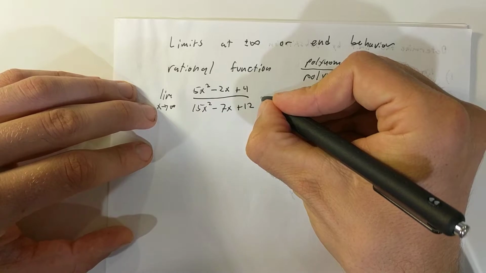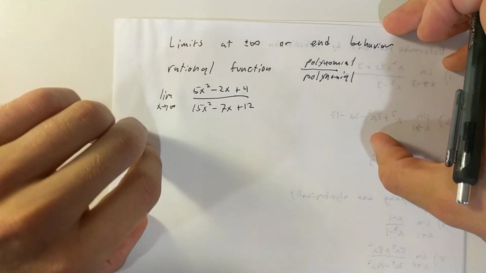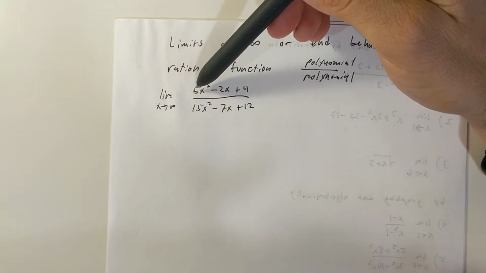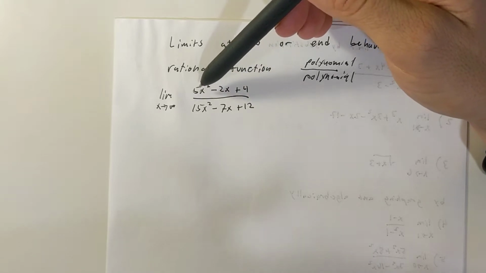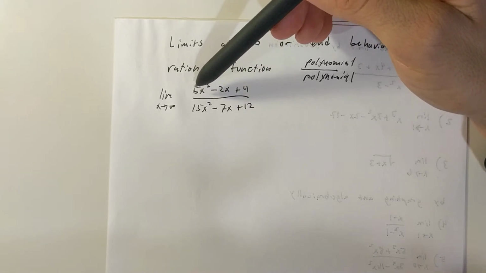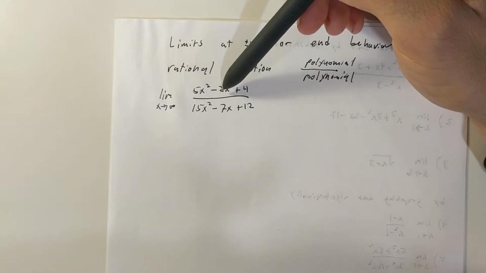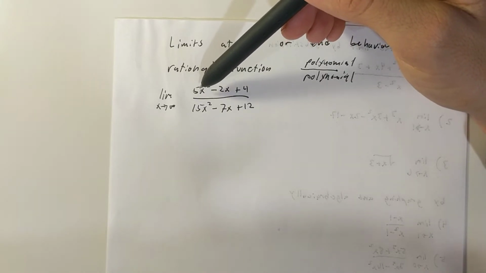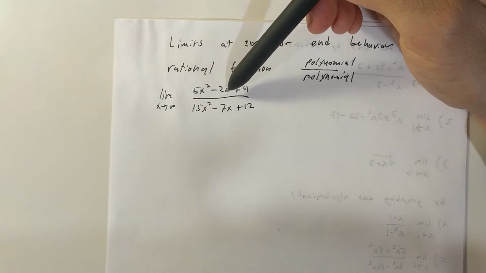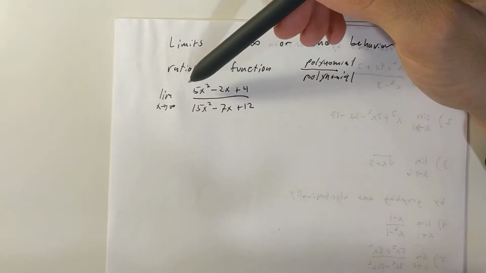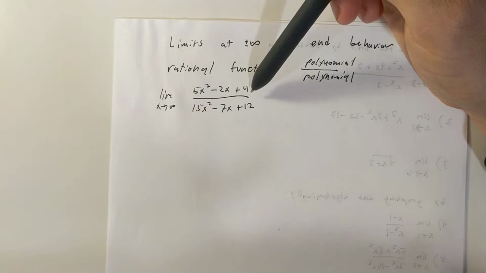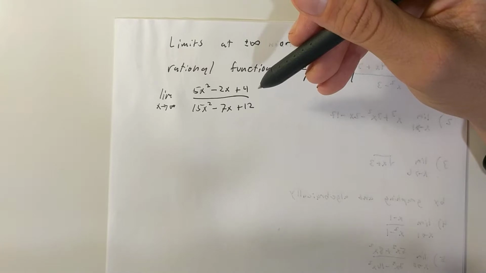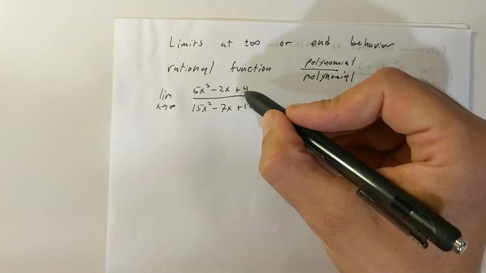And basically what happens is we're going off to infinity. So let's plug in a tiny number. If I plug in 1, notice the top is going to be 5 minus 2 plus 4. But if I plug in 10, it's going to be 500 minus 20 plus 4. And if I plug in 100, it's actually going to be 5,000 minus 200 plus 4. So we notice as we keep increasing the value of x, the plus 4 doesn't change in value, and so pretty much it's going to become less and less significant as you go to infinity. So you can ignore the 4,